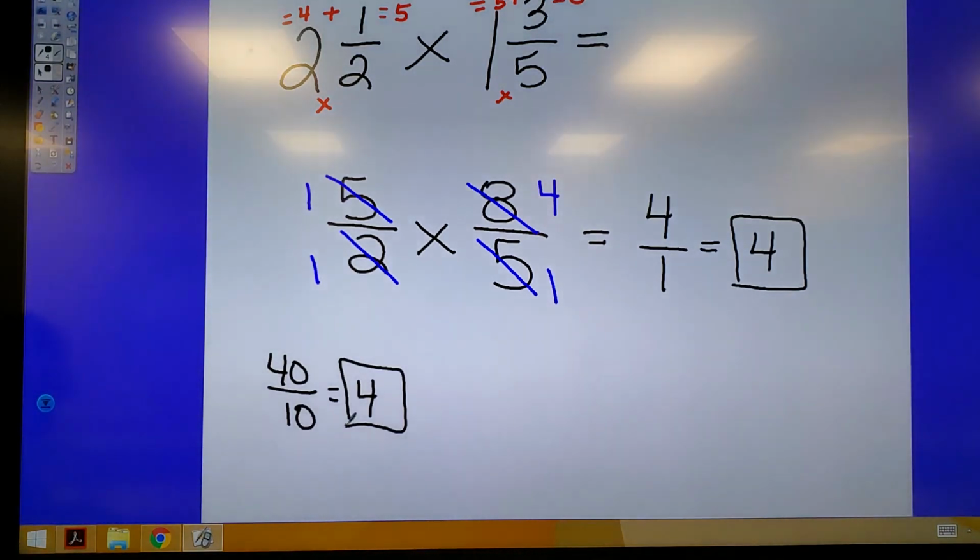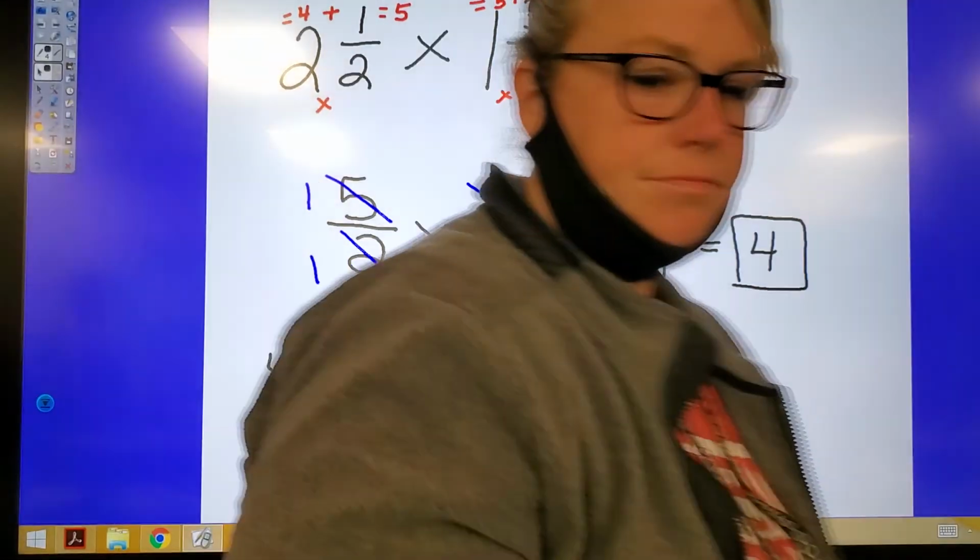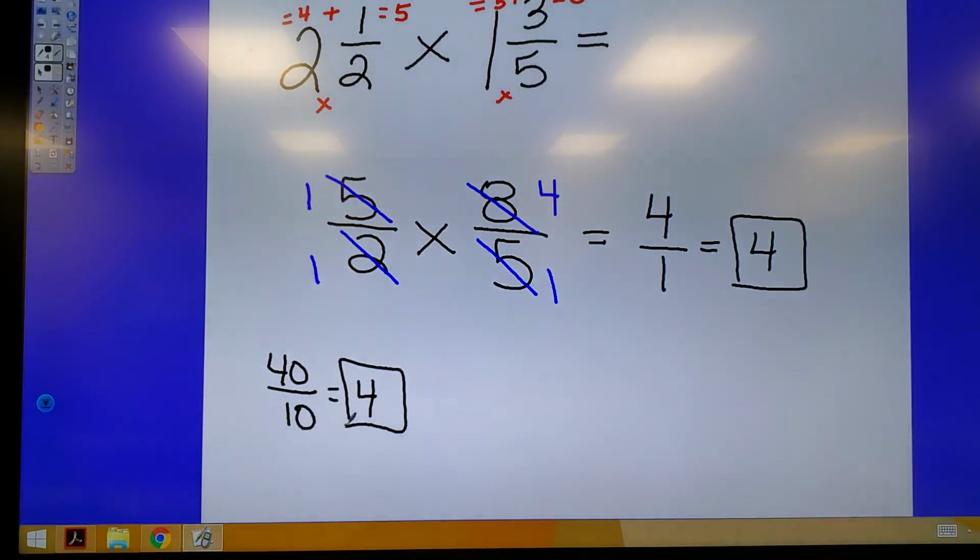All right, so we are gonna do a timeout and take a restroom break. If you have a calculator in your locker that you wanna stop and get on the restroom break, you may. And then when we come back, we'll start talking about dividing, okay? Alright, line up if you gotta go. If you're staying,